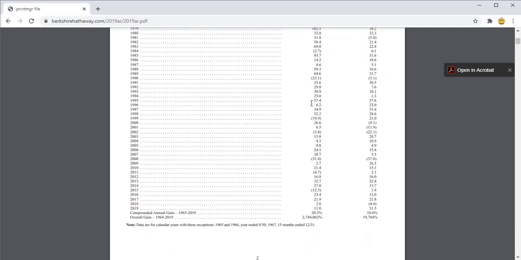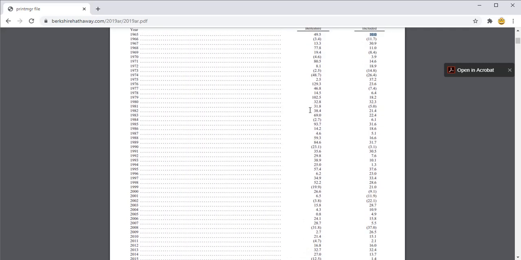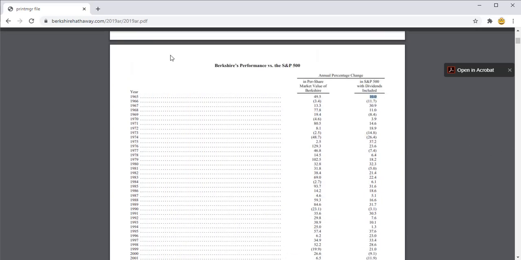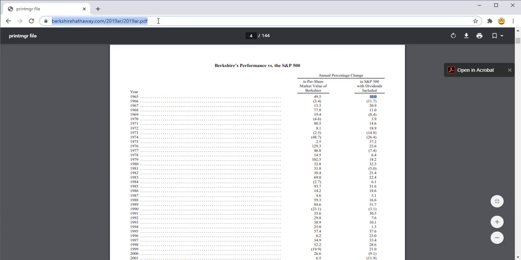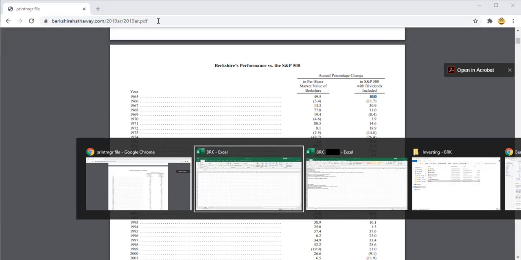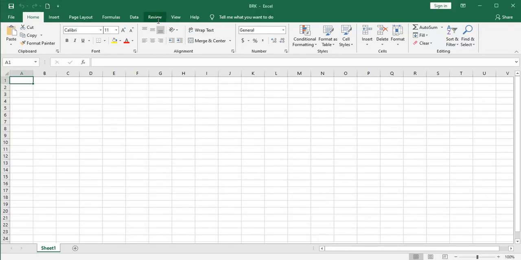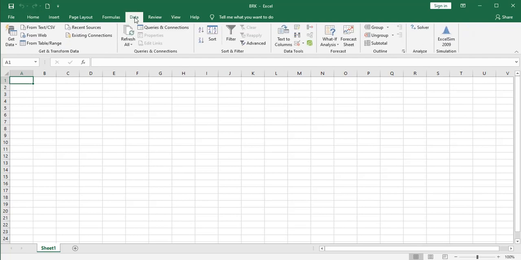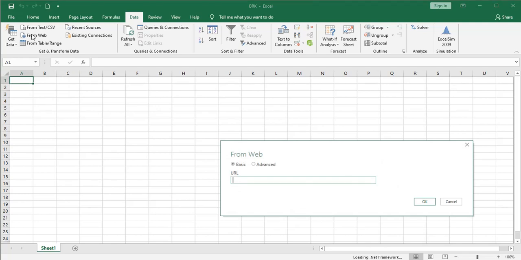There's a way to pull this report straight into an Excel worksheet. Let's do that. The first thing you need to do is copy the web address of this PDF document. Then I'm going to jump over to a workbook I just opened up, go to Data, and we're going to get data from the web. Once that opens up, you can go ahead and paste in your web address that you copied, say OK, and